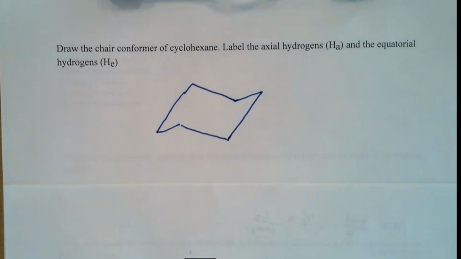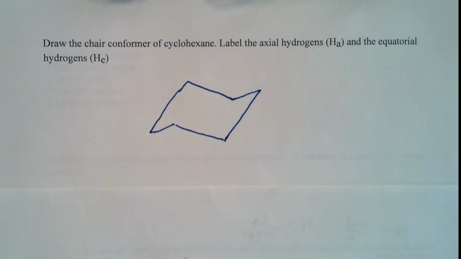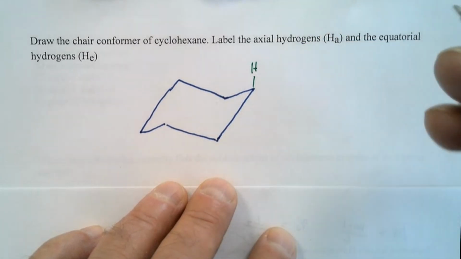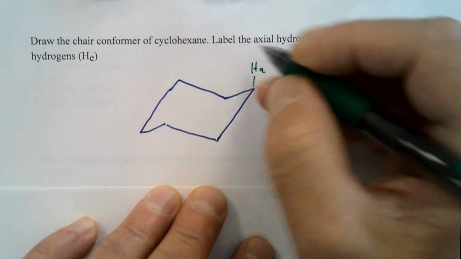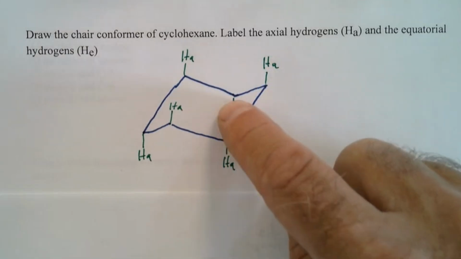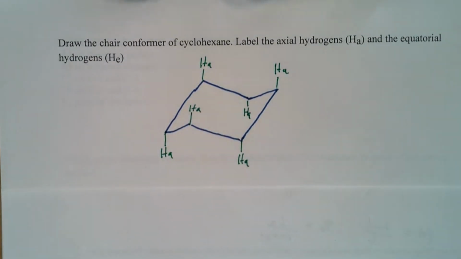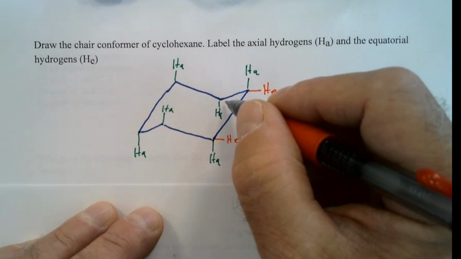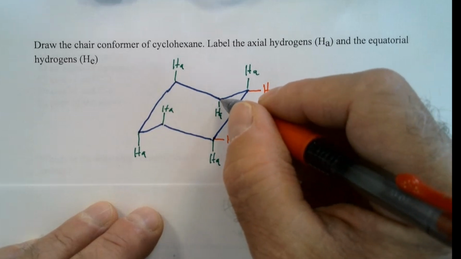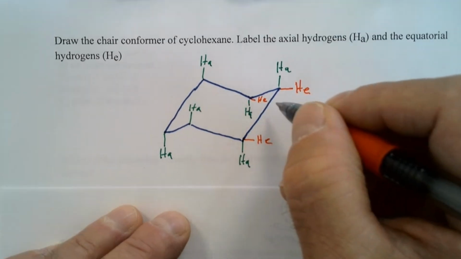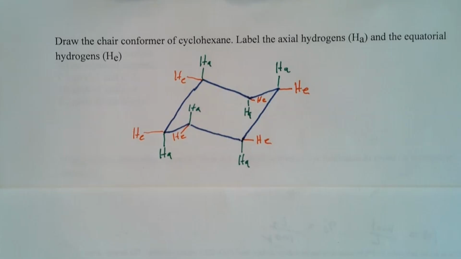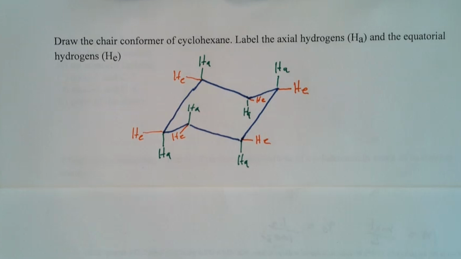And there's my chair. So it says label the axial hydrogens and the equatorial hydrogens. So there's an axial hydrogen. 1, 2, 3, 4, 5, 6. Cyclohexane has 12 hydrogens. So this one here is always problematic. I need to practice drawing it a little better. That one's equatorial. So the next question I might like to ask, which hydrogens are facing up and which ones